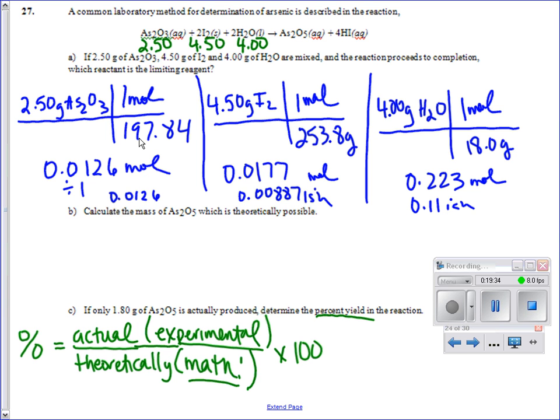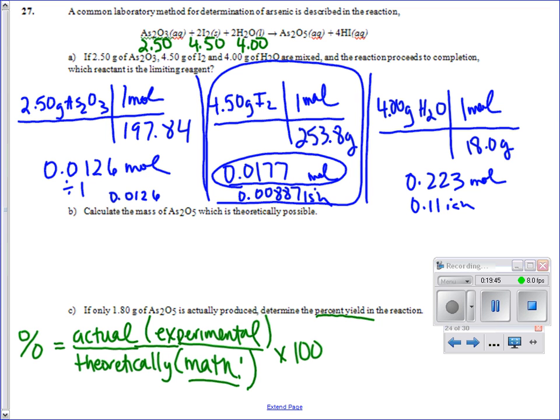Right. Which is the smallest? I2. So this is going to be my limiting reagent. I just care about this number. This is my limiting reagent. This is in excess, and this is in excess, so I don't care about it. So I2 is the answer